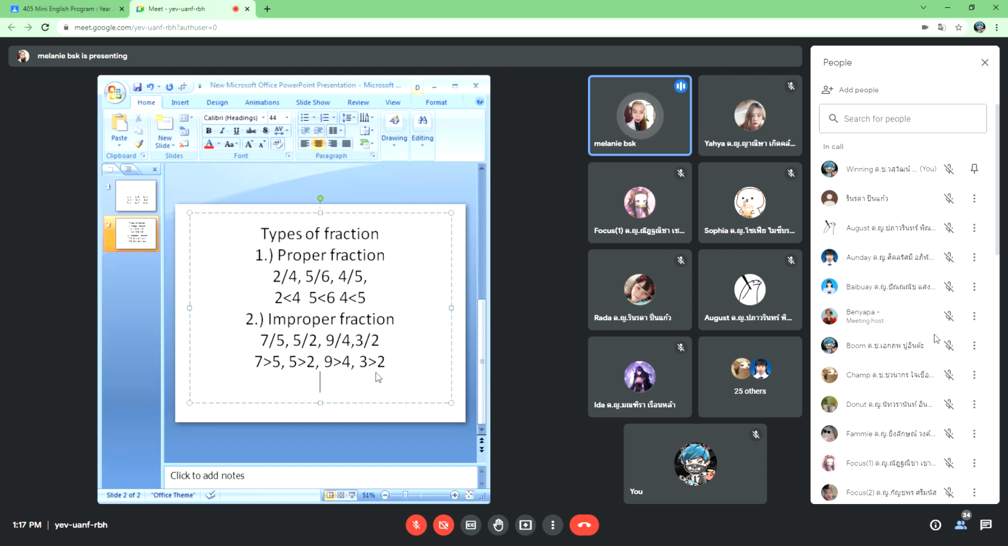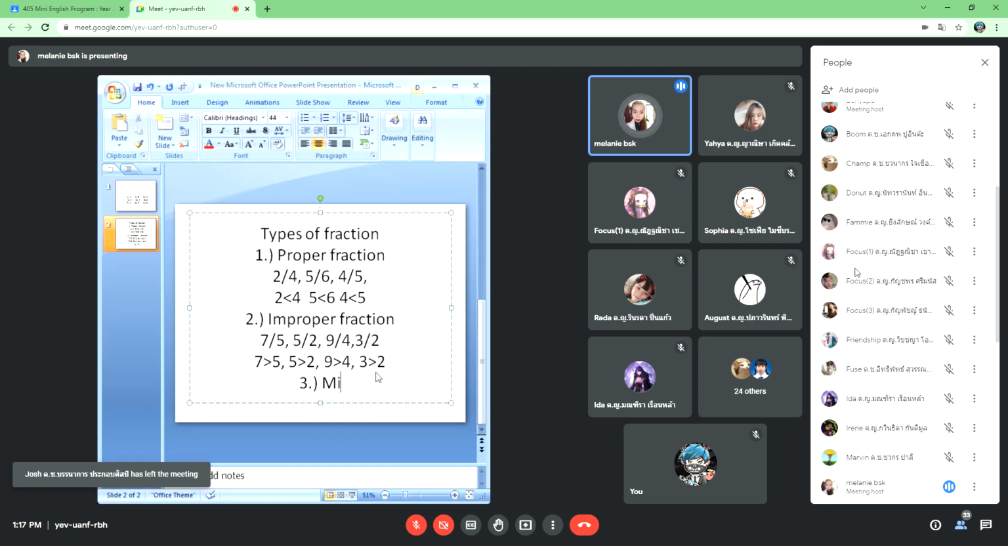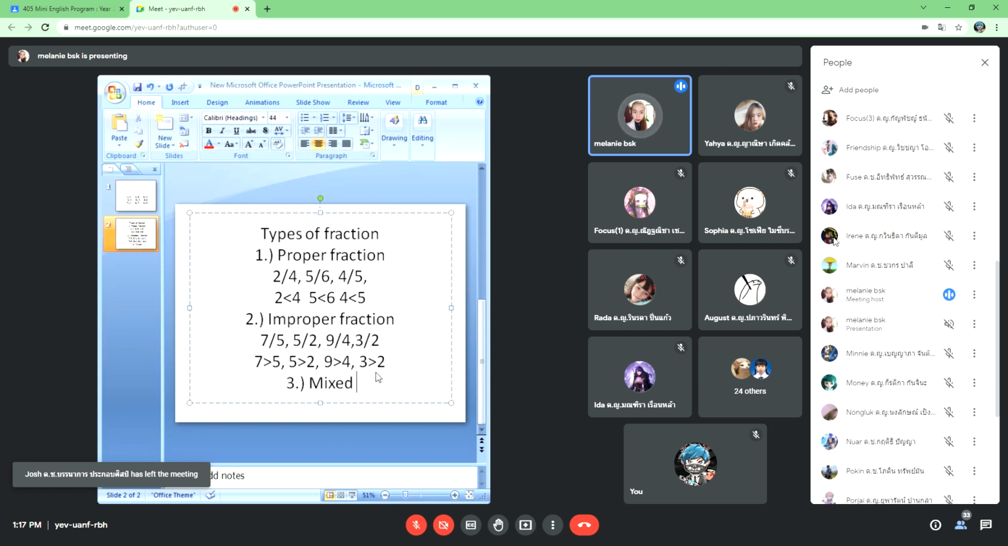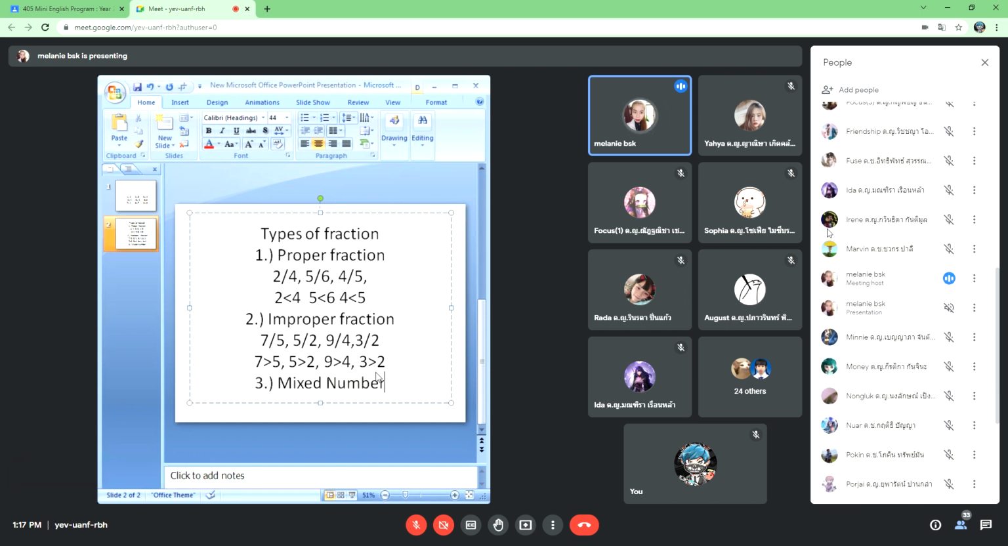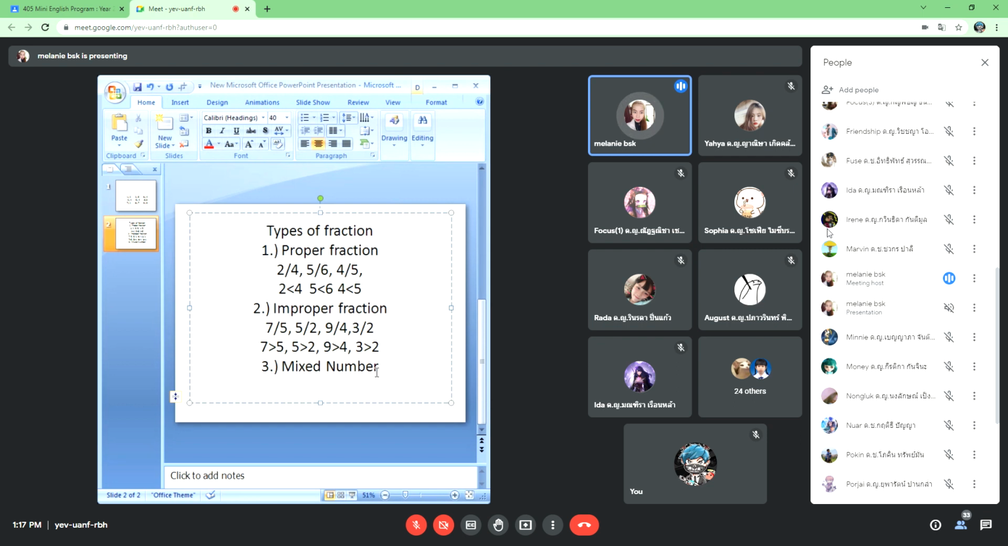Okay, next we have the mixed number, the mixed fraction. Mixed number is a type of fraction, mixed fraction, that has a whole number and a fraction. For example, we have 2 and